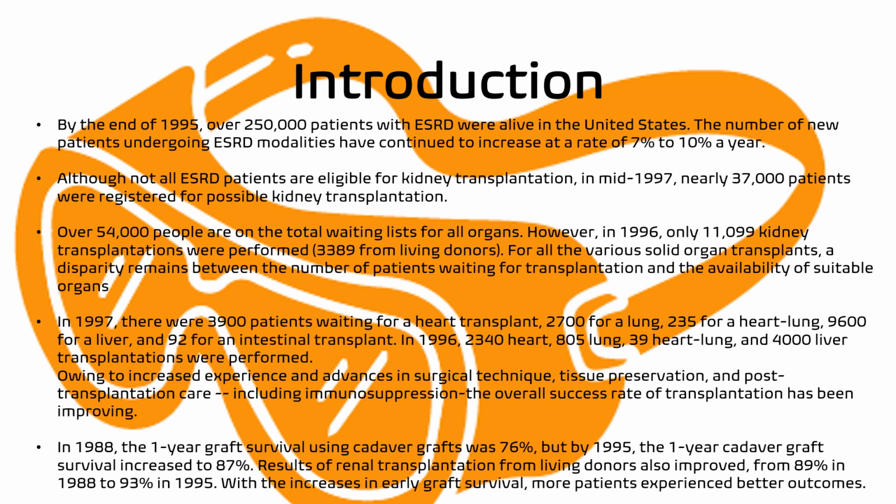By the end of the mid-90s, around 1995, over 250 patients with end-stage renal disease, or ESRD, were alive in the United States. The number of new patients undergoing end-stage renal disease modalities has continued to increase at a rate of around 7% to 10% per year. Although not all ESRD recipients are eligible for renal transplantation,